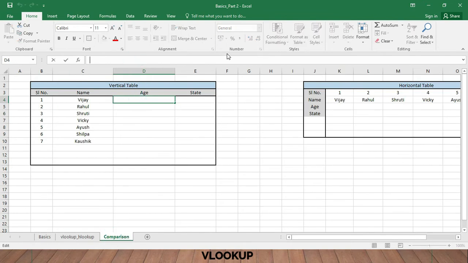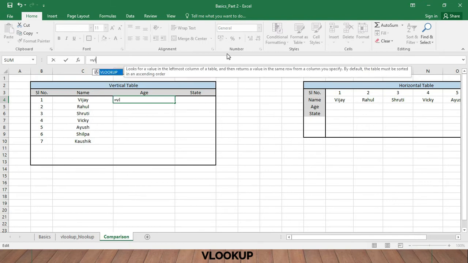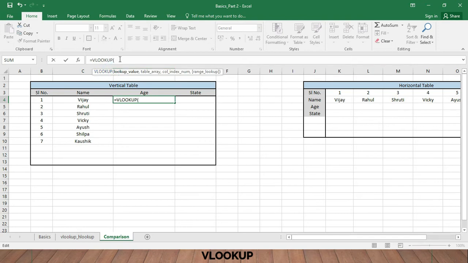So let's understand what the formula is. The formula starts with an equal sign and then, since this is vertical, the first formula we will understand is the VLOOKUP. I will put VLOOKUP. The moment I put this, I can either double click this or I can also write it down myself. The first one is, as I said, one thing has to be common. In both these tables, one thing is common, that is the name. So I am going to select Vijay. That common thing has to be selected first. So Vijay is what we are going to select first.